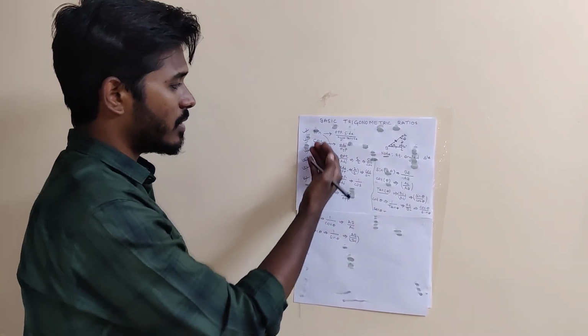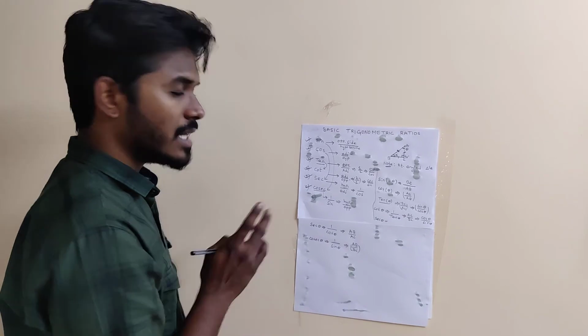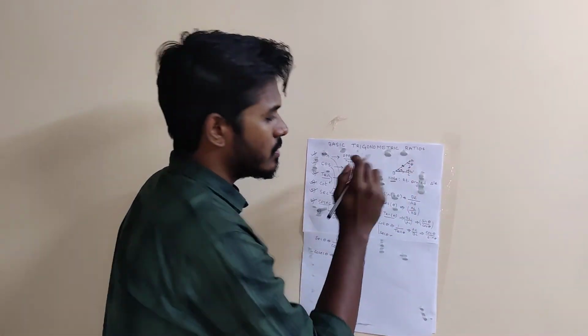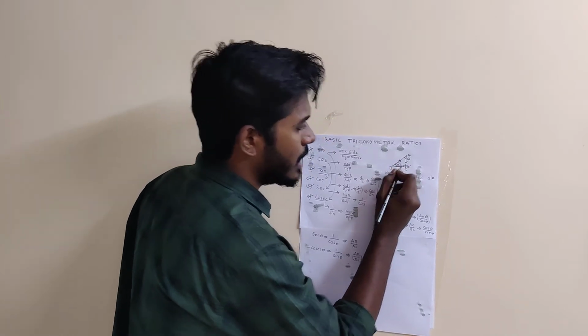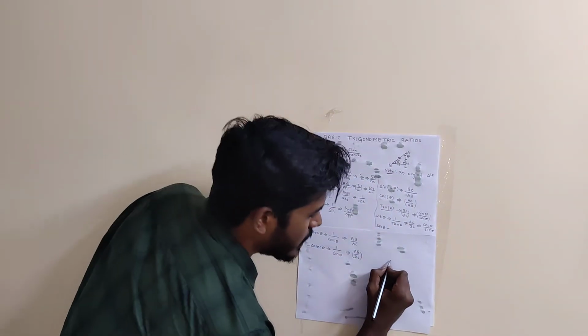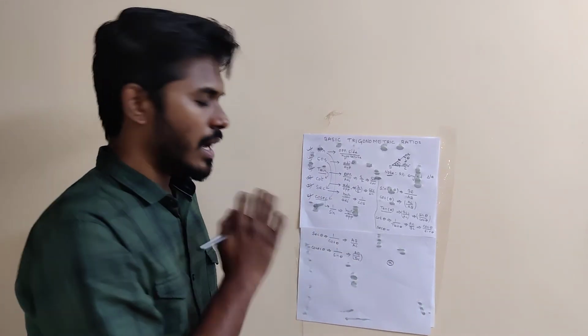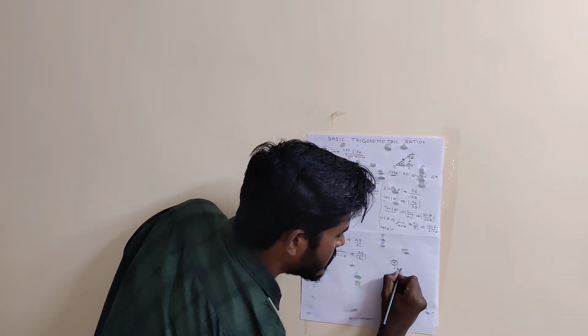See, within 5 minutes of time you have understood these 6 terms. You have written the formula for these 6 terms also. As a homework, we are done with angle theta. So now you take the angle as alpha. That means take alpha as an angle and find sin alpha,